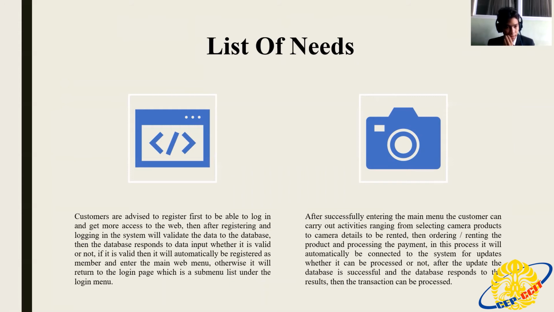If the system decides that the item is still available, then the system will ask for the transaction process, which means that there will be different types of payments that the system will ask. After that, the system will ask for proof of the payment, and then after verifying it for a few minutes, the transaction can be processed.